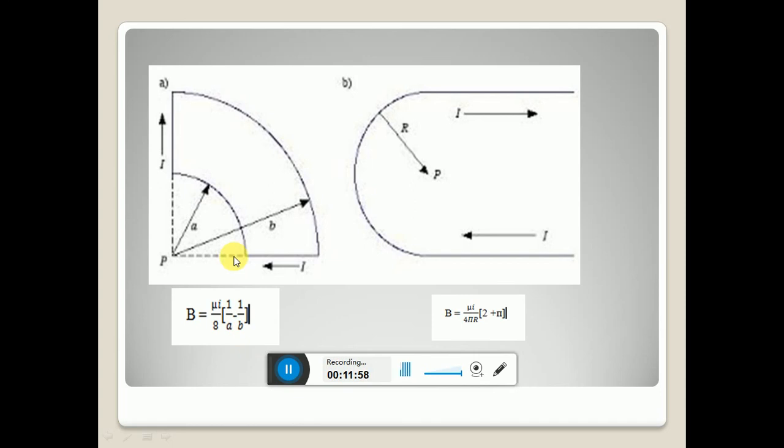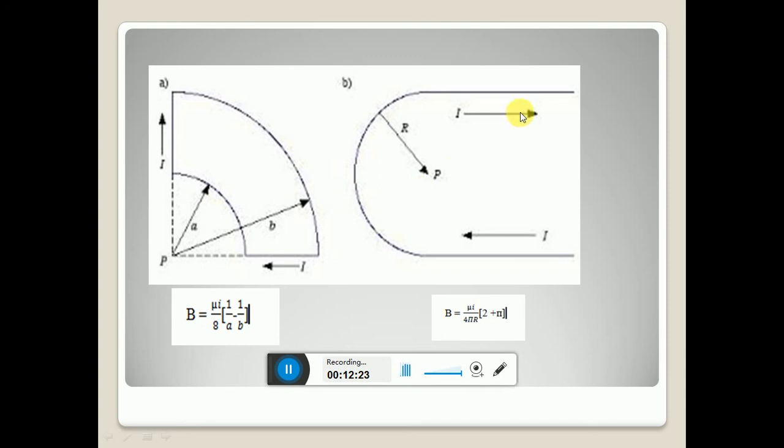And it is an interesting point to remember the resultant direction of the magnetic field. If you curl your fingers according to the direction of flow of current, which is flowing in the anti-clockwise direction, then the thumb will point out. So the resultant magnetic field will be outwards for this structure.